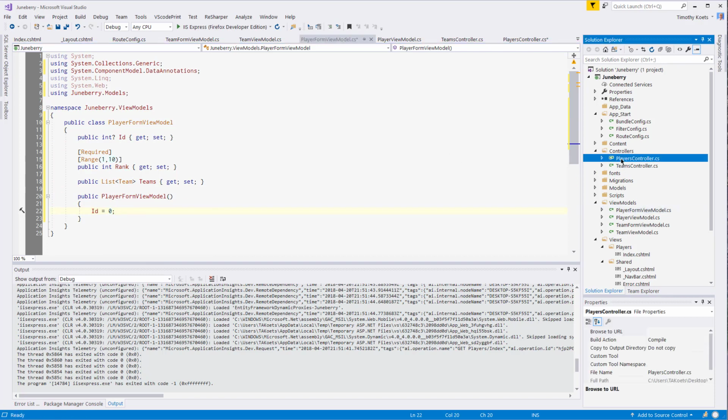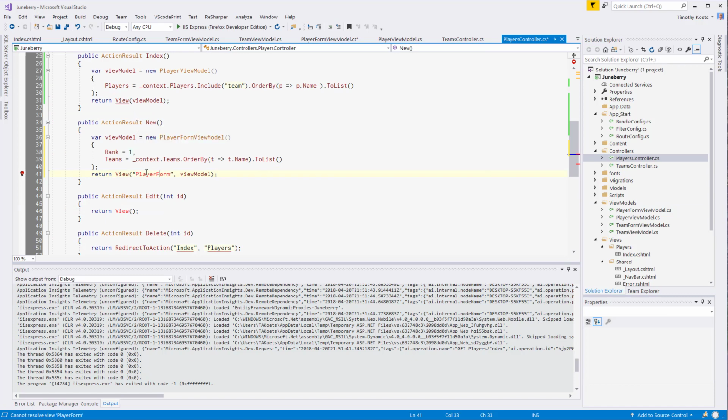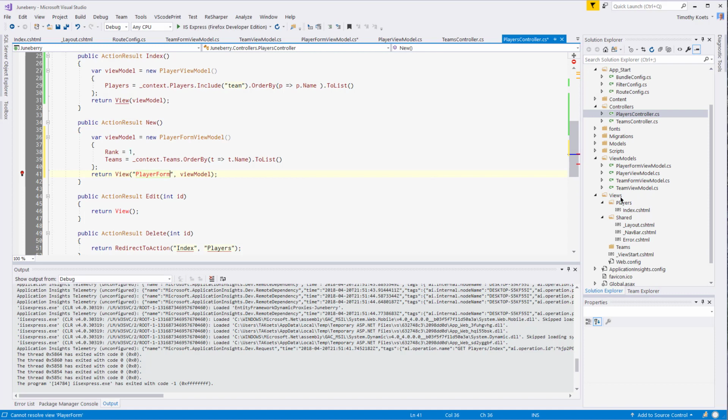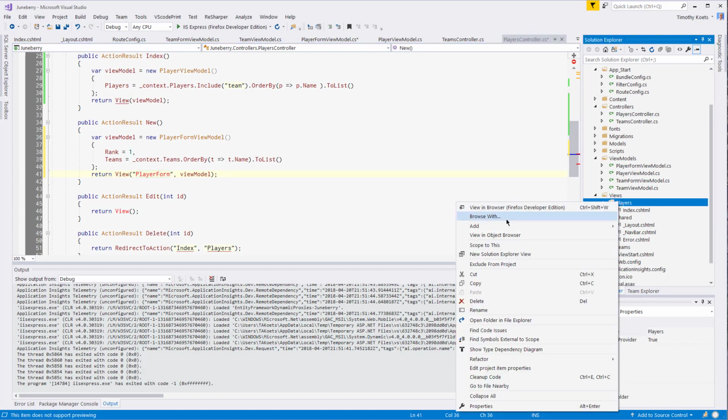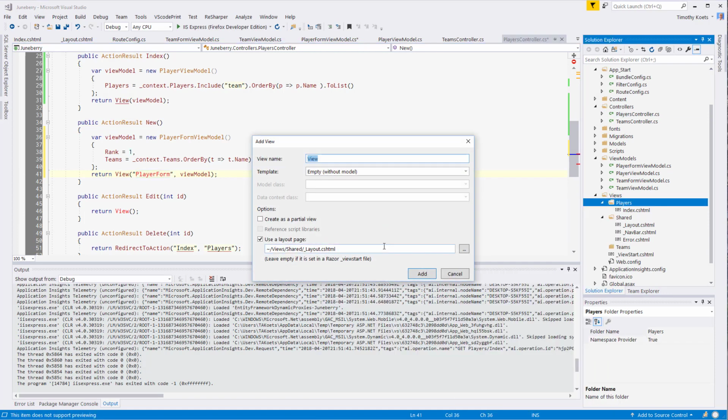Okay. So back to my players controller. Now everything is good except we have to create this player form view. So I'm going to go down to my views, into players, right click, select add view, and I'm going to call this thing